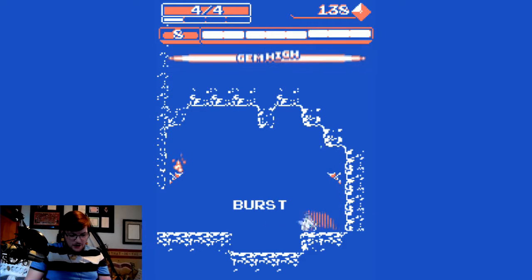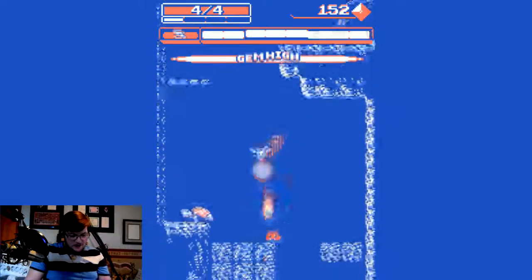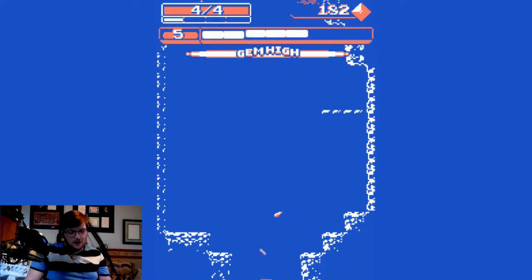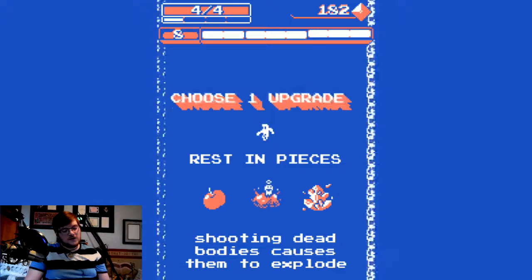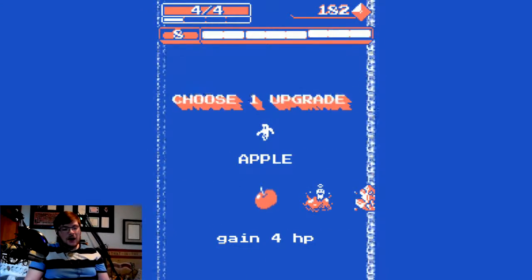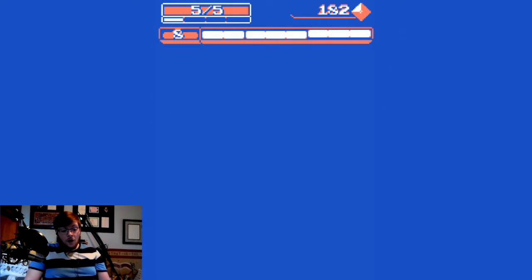Also, getting different gun modules can, in theory, get you more health or more shots if they are shaped in a certain way. Like that health one we just got, or there are gas can shaped ones. Rest in pieces, shooting dead bodies causes them to explode, gem attractor, and apple. You know, I don't know what happens when you pick up the apple with full health. Let's find out. Oh, we get a...